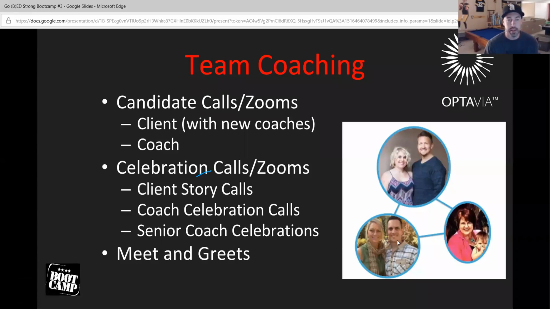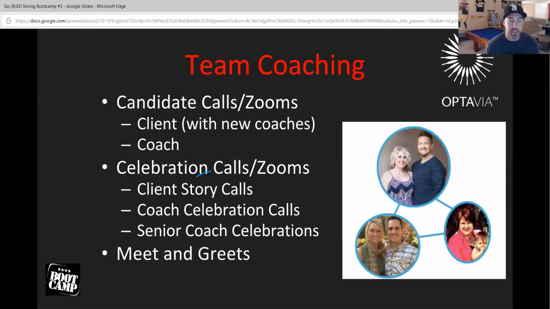So these initial 3-way calls or Zooms are really to transfer skills. So we're going to have the candidate, the client candidate, the new coach, and you on the call.